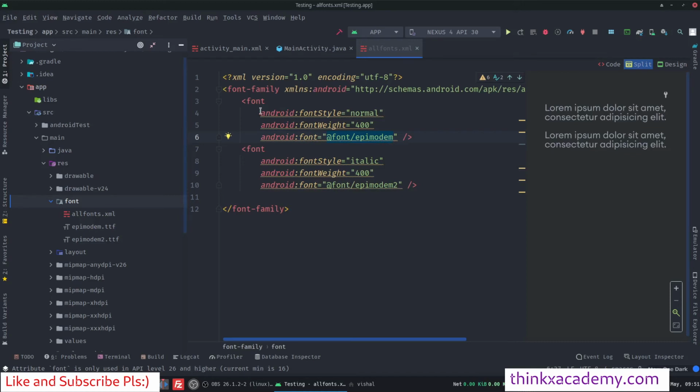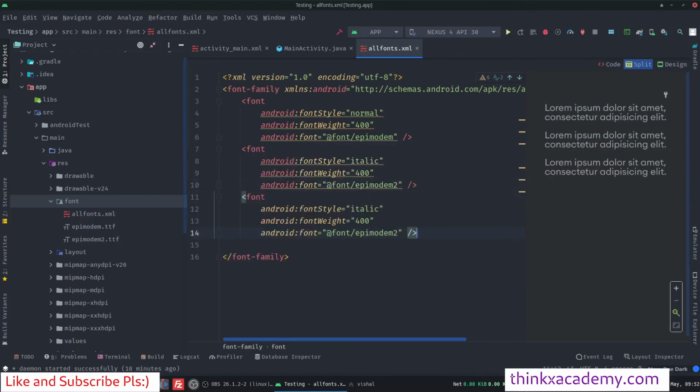And we can specify the font style here as normal, italic or even bold. So I can create one more of this tag. I'm just going to copy and paste one more here, and instead of italic I'm going to write bold, right? So now we have these three font families.